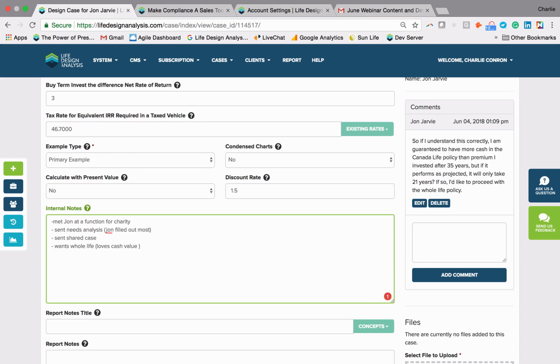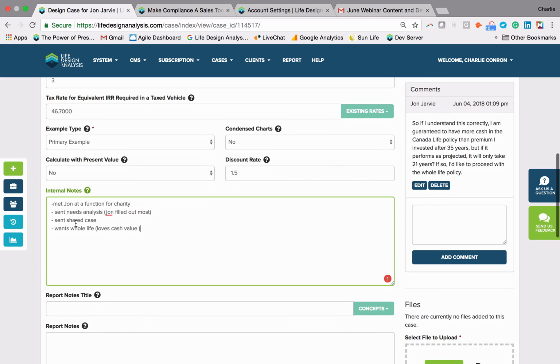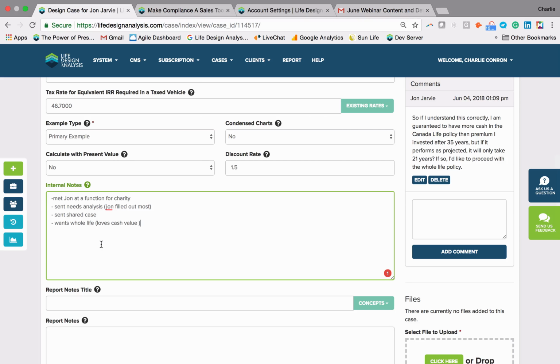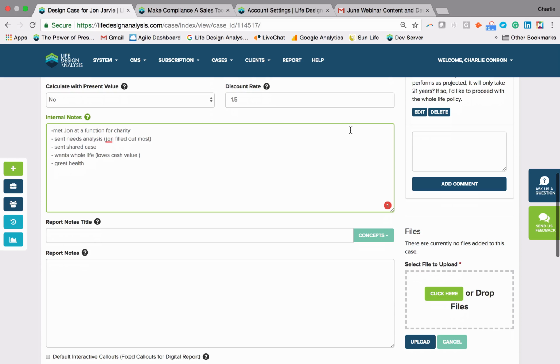Now these are going to be notes for us. These are not going to be shown in the actual LDA report. These are just milestones that you may want to keep notes on. Think of it as your notepad. It could be something like great health, probably a preferred rate. The other thing we want to do, and that's becoming part of your compliance regime, I